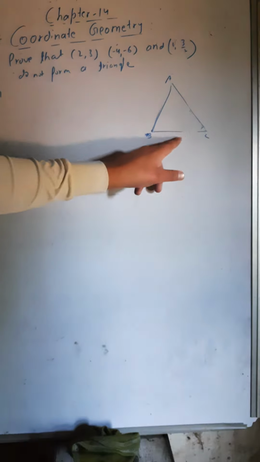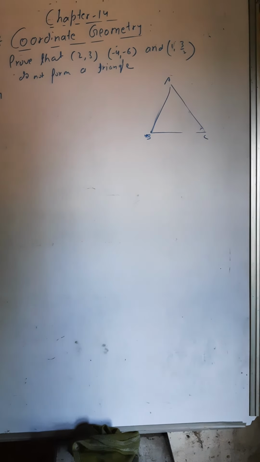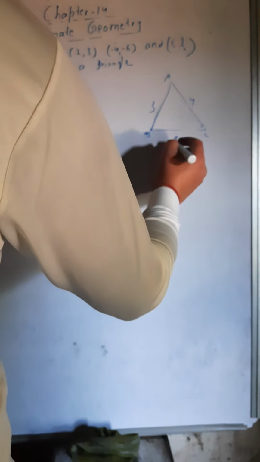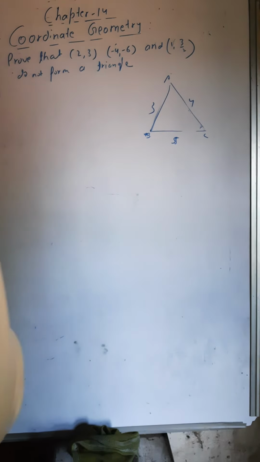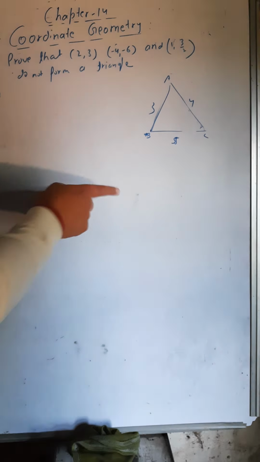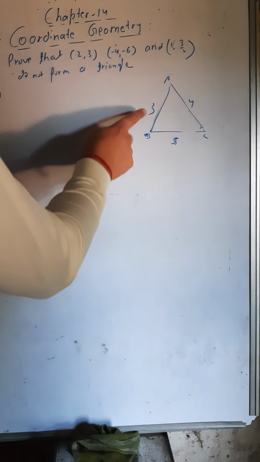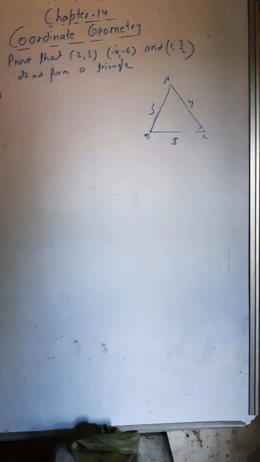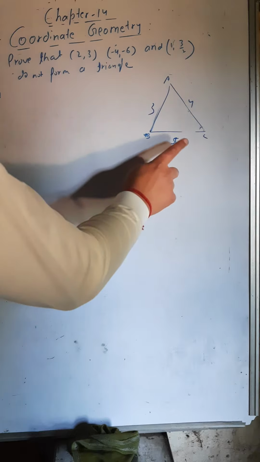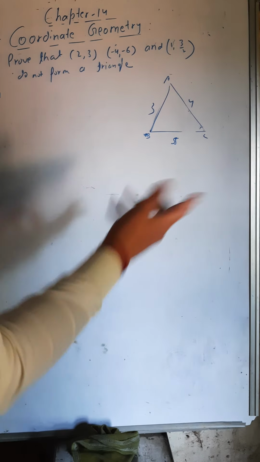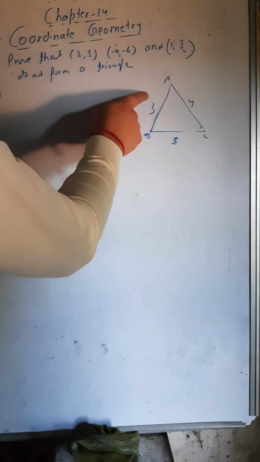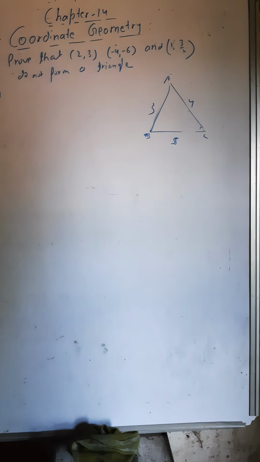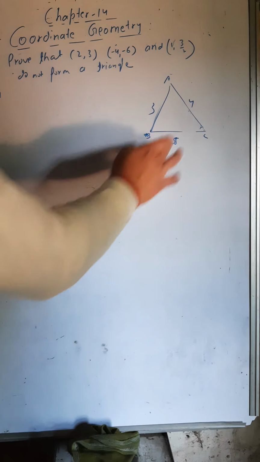Now add this and this. Let's say 3, 4, 5. So we will check whether these 3, 4, 5 distances are making a triangle or not. This distance plus this distance, 3 plus 5, is 8. So 8 is more than 4. Yes, it's correct. Now add this and this: 5 plus 4, 9, more than 3. Yes. Now add these two: 4 plus 3, 7, more than 5. Yes. So it means it will form a triangle.